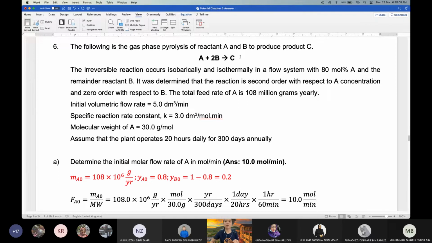Okay, so now it says, first of all, there are a few pieces of information that you must understand. First, it says gas phase pyrolysis. So this reaction is a gas phase reaction already. Okay, so for gas phase you must be very careful because for a gas phase flow reactor, the concept is slightly different. So we have to be very careful about that. Second, it says reactant A, reactant B produce product C. So the reaction is 1A reacting with 2B to produce 1C. Done. So next it says the irreversible reaction occurs isobarically and isothermally in a flow system with 80% mole A